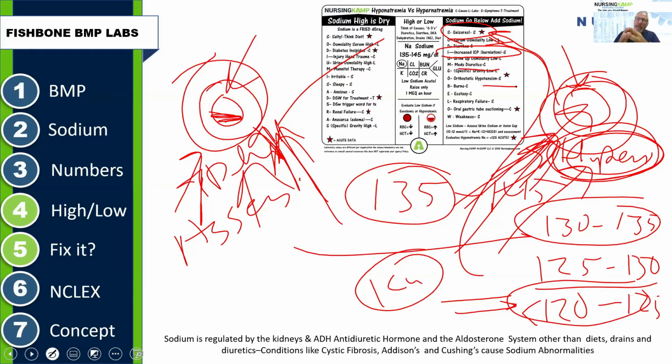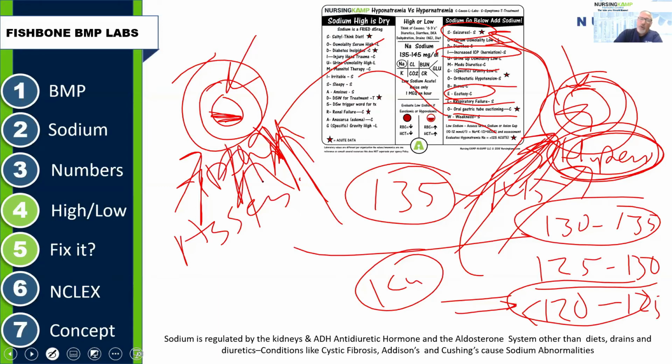Sodium is mainly outside the cell, right? So when you start to have fluid bursts and the cells start to break, an increase of sodium goes all over the place. Ecstasy is just one of those designer drugs that causes increased sodium, respiratory failure, OG tube, and weakness. So you see a lot of carryover between weakness and sleepiness on both sides. So it's very specific, because the issue is with low sodium symptomology, the bigger issue is figuring out whether they are